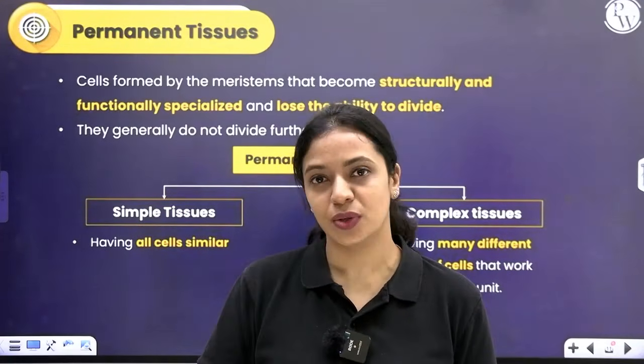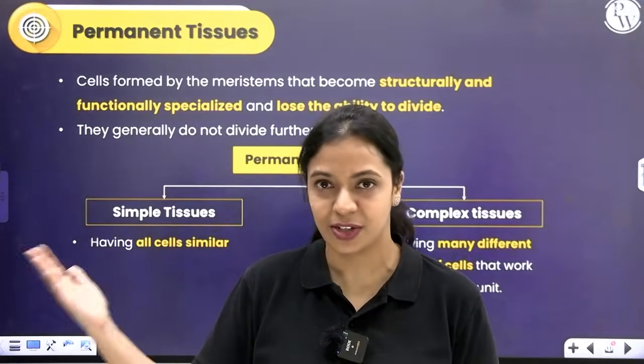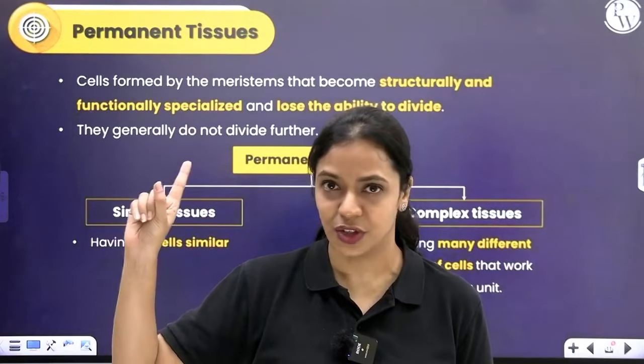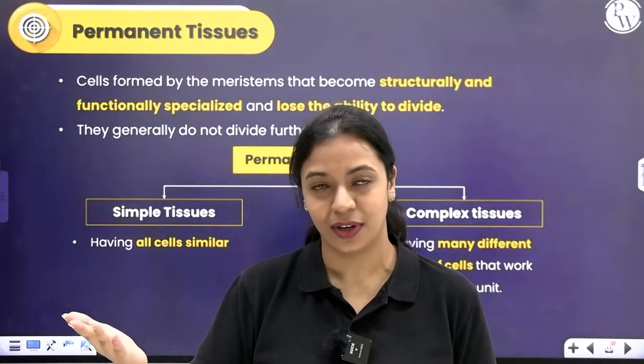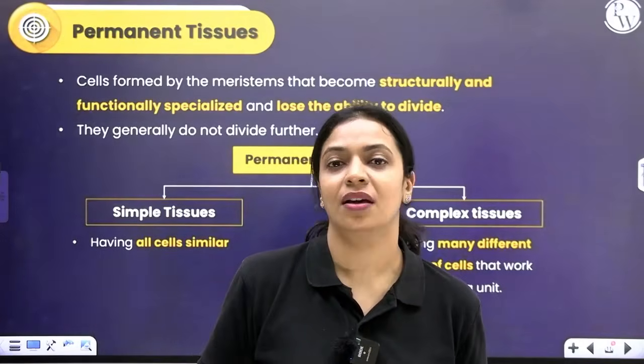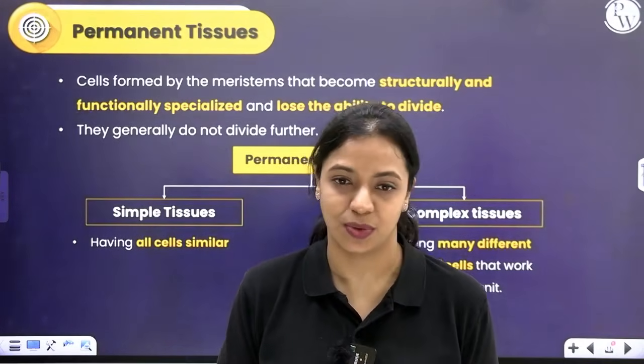And such tissues which don't have the ability, they don't care about cell division anymore, they have one specific function to perform, they continue to do that for the most of their life, for the most part. Then you call it permanent tissues. Okay, so now